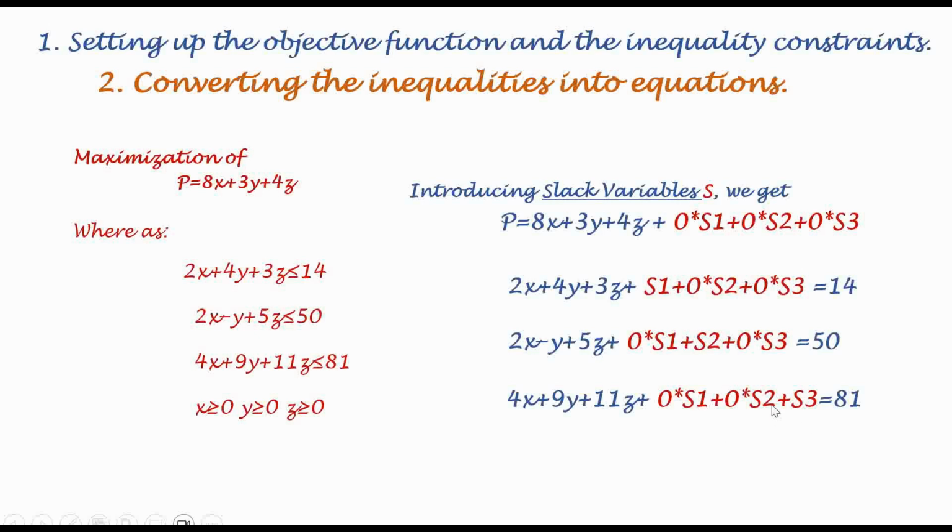We did this multiplication and we added S1, S2, S3 in all the equations so that we can easily convert this into a table. Okay, and here will be our table and